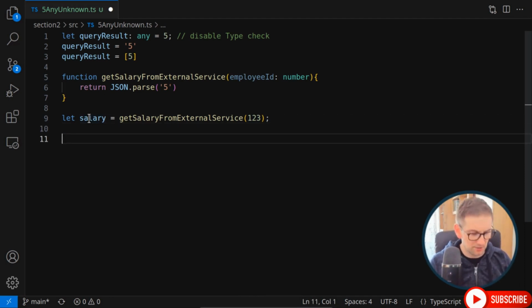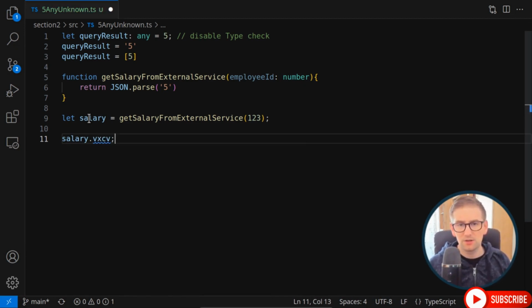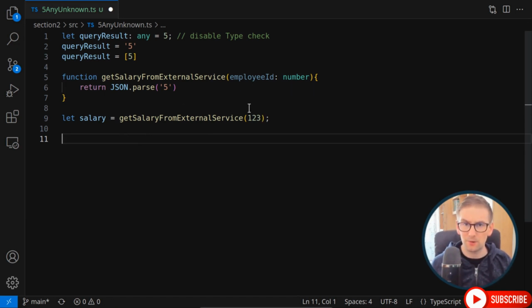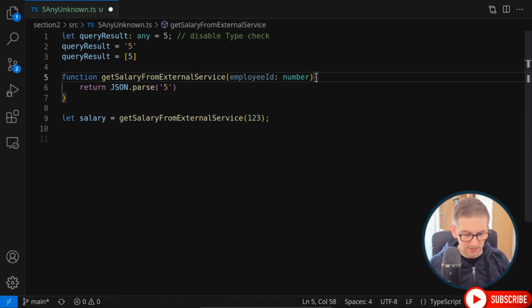At this point I can do anything with this salary, or better said, I can't do nothing, because I can access any option right here and TypeScript won't complain. Well, there's a better alternative to handle these cases, and here I'm talking about the next special type in TypeScript, which comes to solve these problems. When I usually take something from outside and I have no idea what I'm expecting,